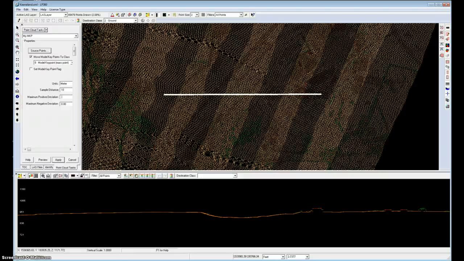Let's say 0.25 meters above and 0.25 meters below. And this means that the model that we create will deviate from the ground surface by no more than 0.25 meters above the surface and 0.25 meters below the surface. And finally, we'll hit the apply, something I frequently forget to do on our point cloud tasks, and we're ready